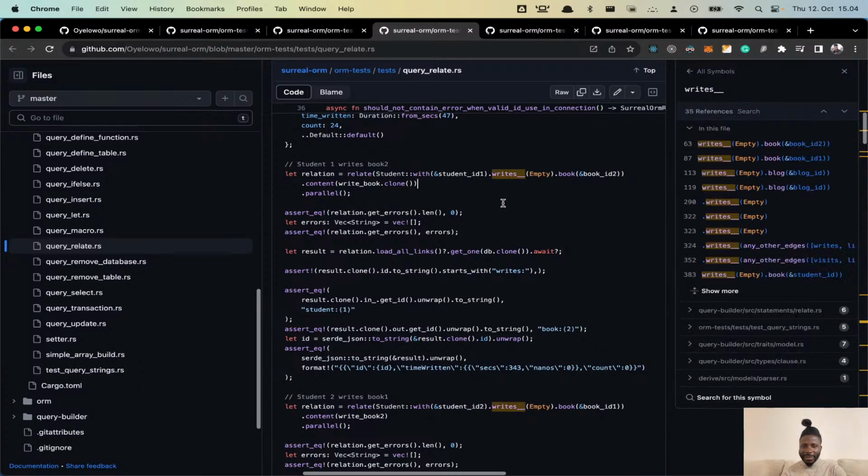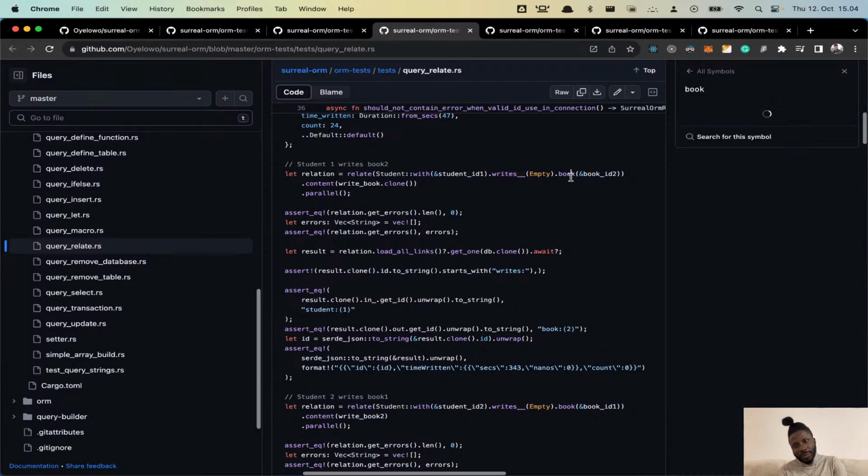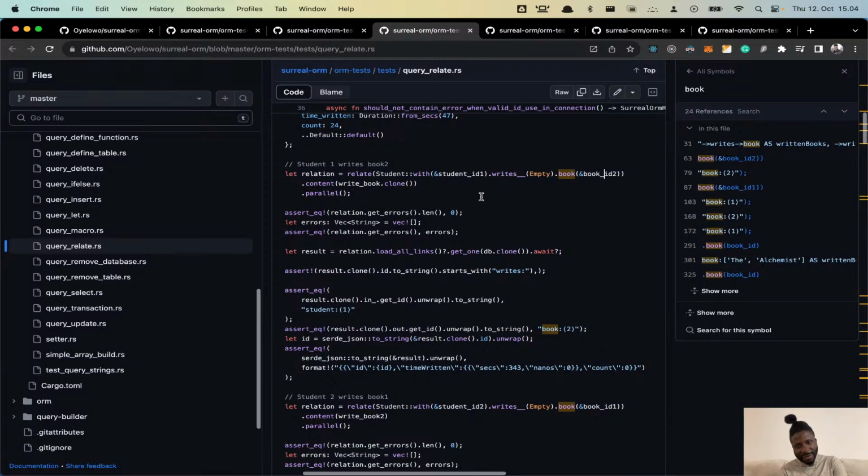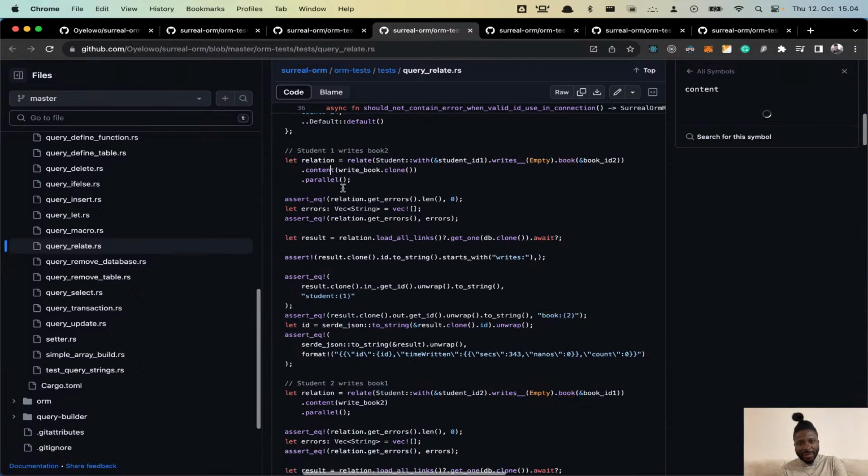And the nice thing about this is this dunder, like double underscore, goes to the direction of the arrow. So I just added this stuff to give it a clear picture, so you know this is going to the right, like this is an outer connection, right? Writes book of this ID, right? Then you set the content and you say